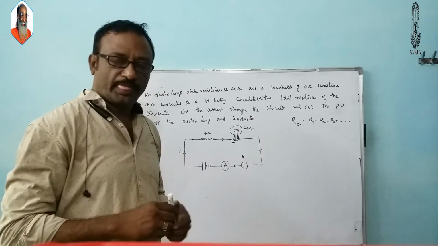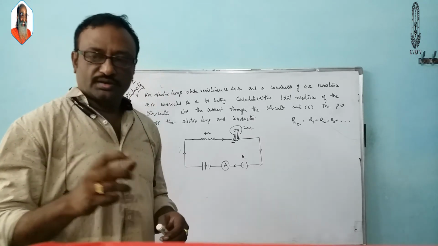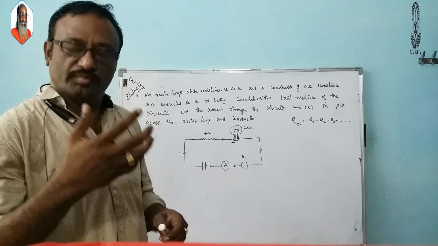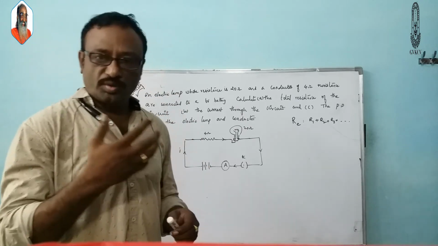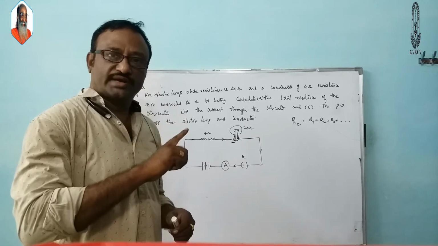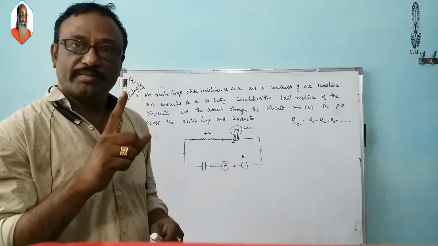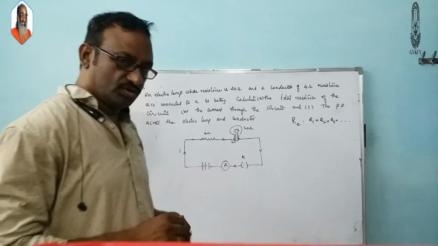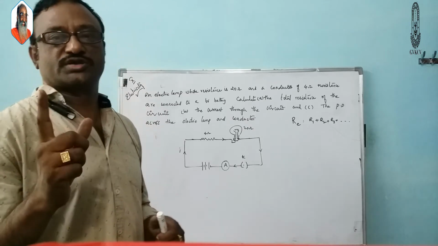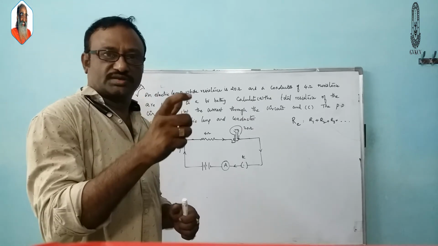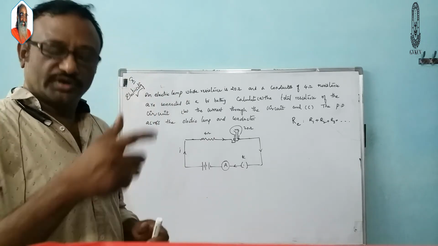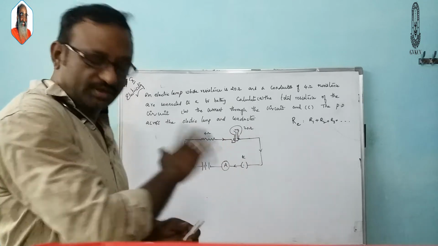series combination. And there, regarding the current and the potential difference, how the current will be there in the circuit and how the potential difference will be there in the circuit. There, the potential difference gets divided and the current remains the same throughout the circuit. So at each and every resistance, the current remains the same, and the potential difference at each resistance gets divided, and the sum of these potential differences will give you the total potential difference provided by this battery.